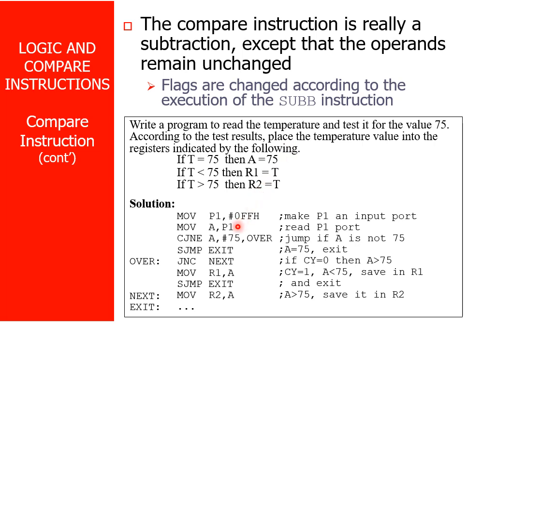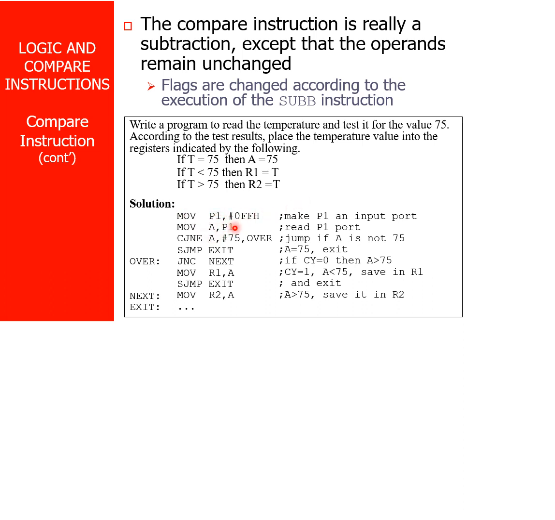Okay. What you have to do here: from P1, you compare whether the data from P1 is 75, less than 75, or greater than 75. If P1 is equal to 75, put 75 in A register. If P1 is less than 75, put whatever value you are reading in R1. If P1 is more than 75, put the value in R2. Okay, this one is not required. So you are moving the data to A register.